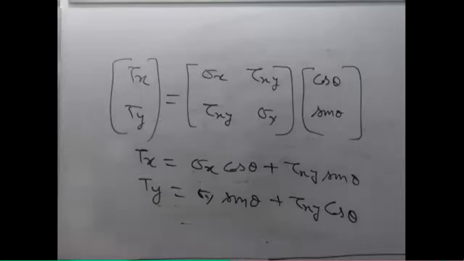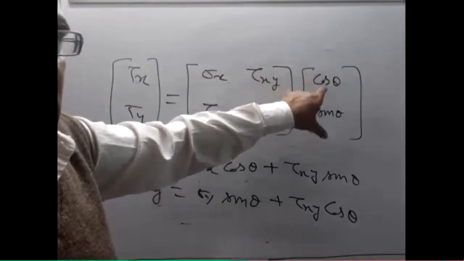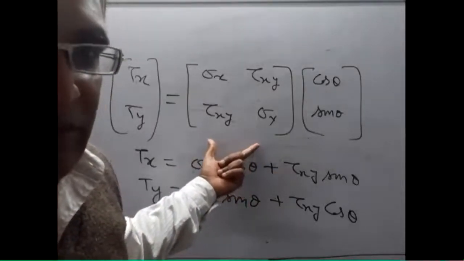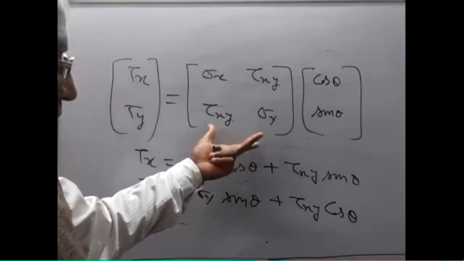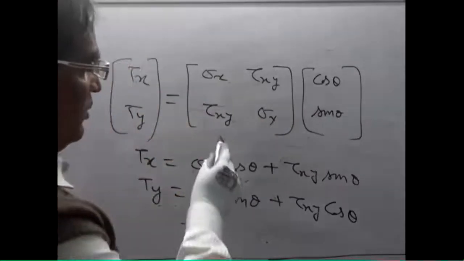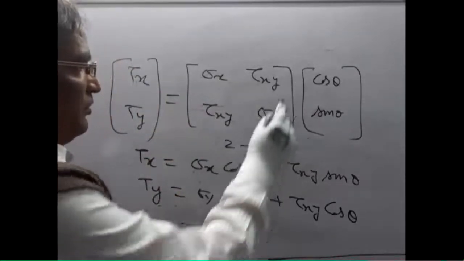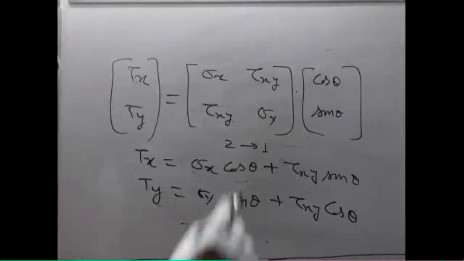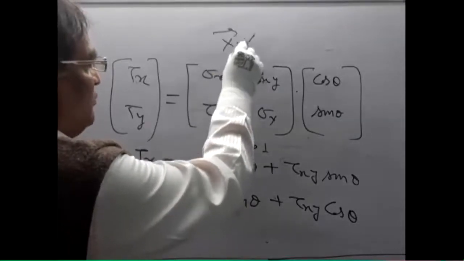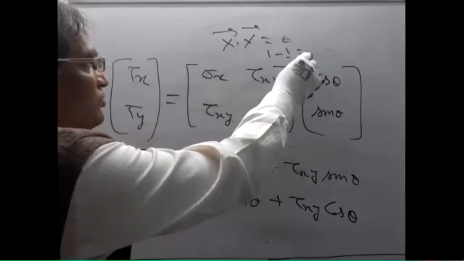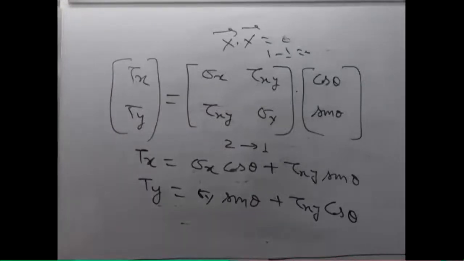Just it is expansion, you know that. This is horizontal and vertical. So it means that what you are doing is that the stress is a second order rank matrix, of course, and this is the vector. So it is converting into another vector. It means that the 2 is now reducing to 1 because of the dot product. Dot product always reduces the order of the tensor. For example, if it is a vector x and this is vector y, then it becomes a scalar quantity, because 1 minus 1 is equal to 0. So dot product reduces the rank of that tensor quantity.